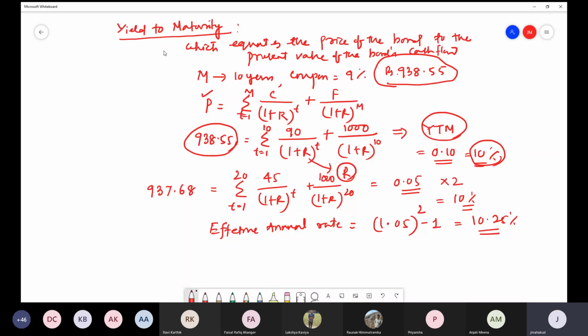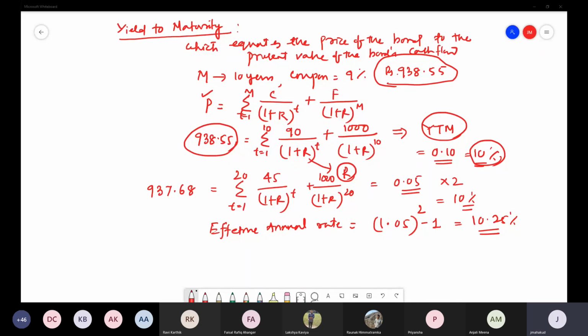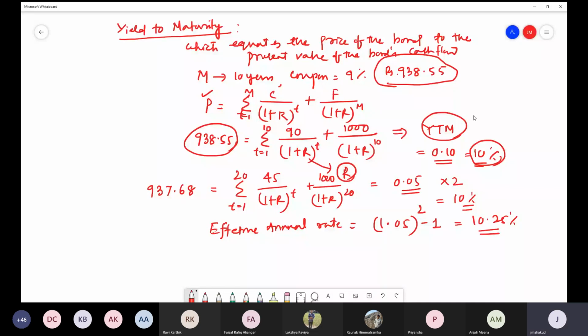This yield to maturity has three components. One is the coupons. One is your capital gains or losses, whatever you have made. Then it also includes the reinvestment of the coupons in the market at that particular calculated YTM. Anyway, I will come to that later whenever we calculate the total return of the particular bond. But my next question is, can you calculate your YTM from this equation perfectly or accurately?